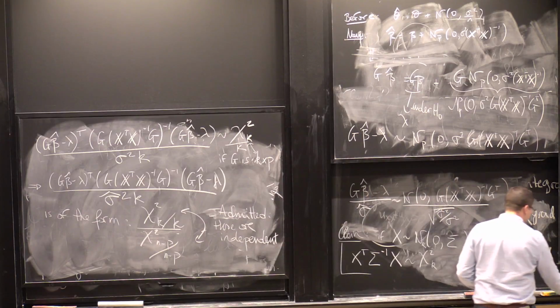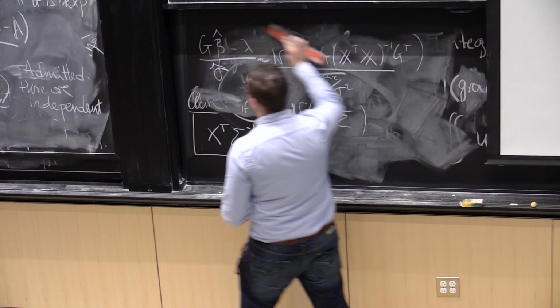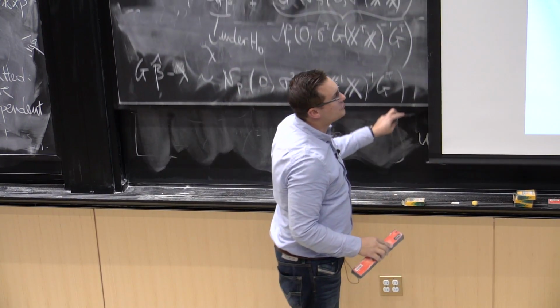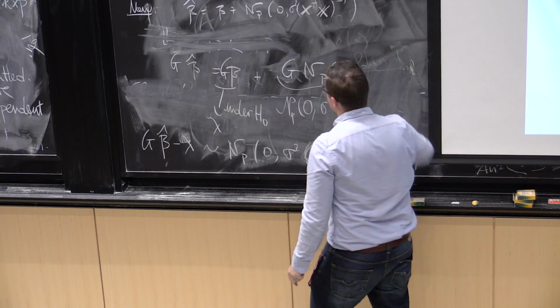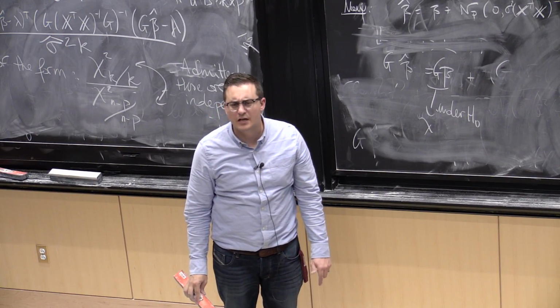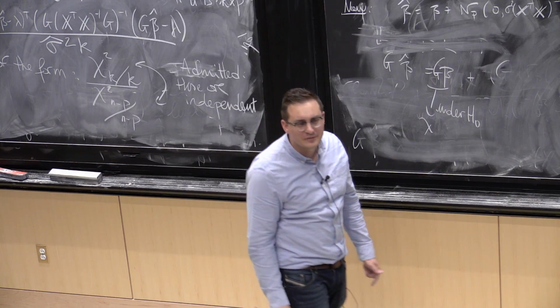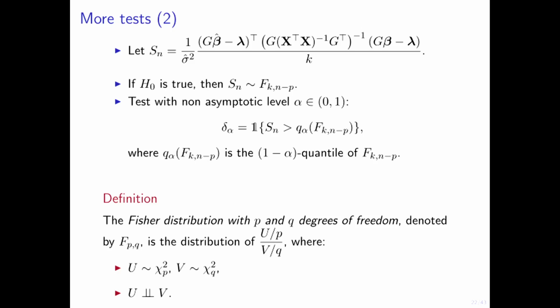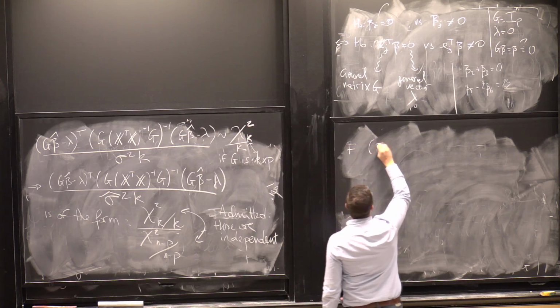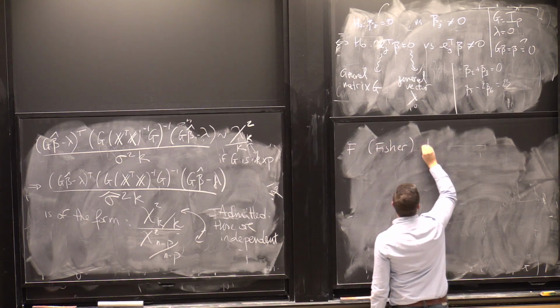And this has a name. It's called a Fisher or F distribution. So unlike William Gosset, who was not allowed to use his own name and used the name Student, Fisher was allowed to use his own name, and that's called the Fisher distribution. And the Fisher distribution has now two parameters, a set of two degrees of freedom, one for the numerator and one for the denominator. OK? So F, or Fisher distribution,